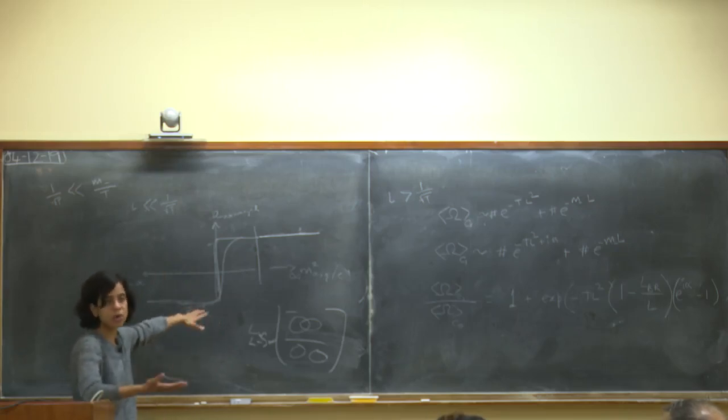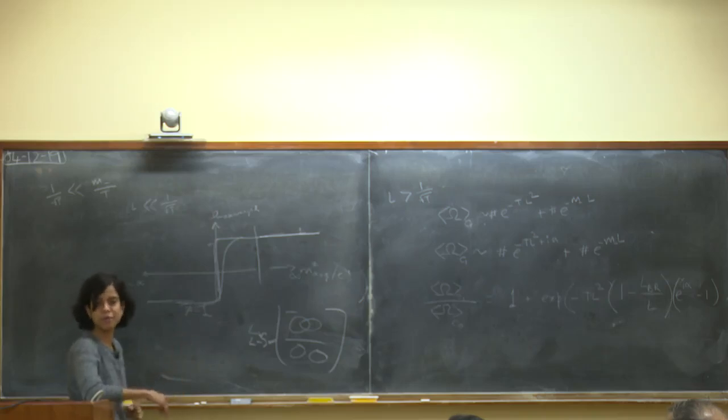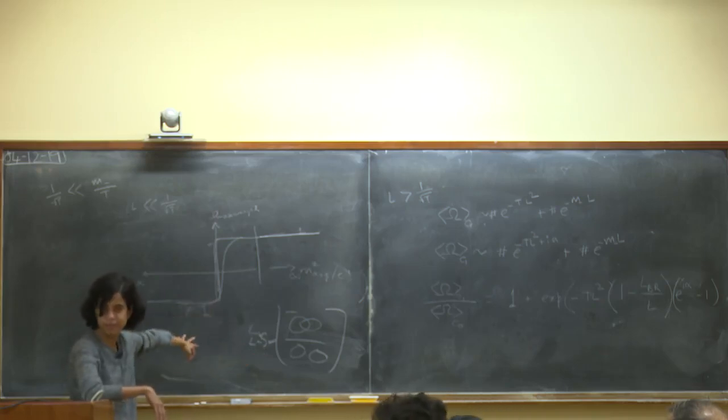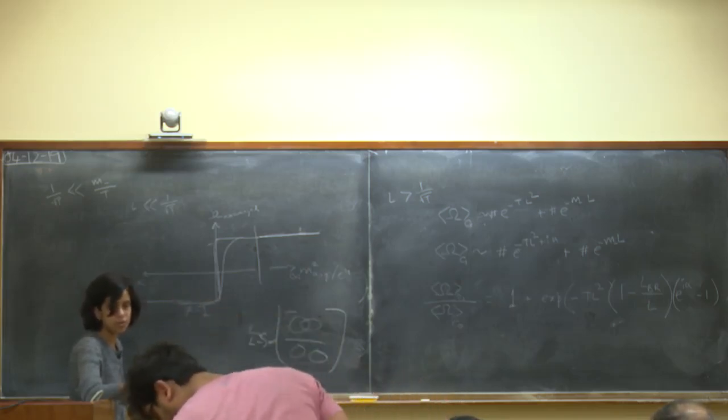Now, where I don't have control, someone could do a lattice calculation and see if there is a phase transition or not. My claim is that there will be. But beyond that point, there was no other parameter that people could write before this that could tell that one is different from the other. This is the first time I'm writing down something that can tell the difference between Higgs and confinement.